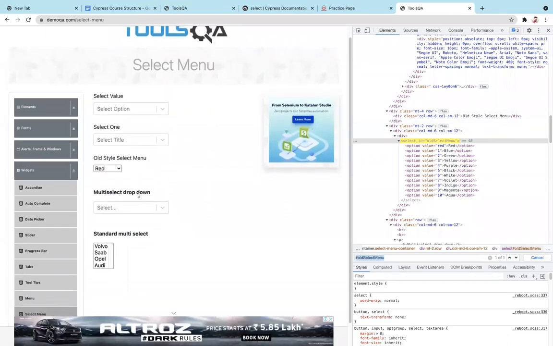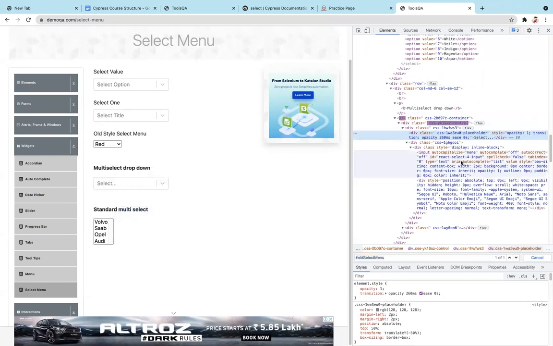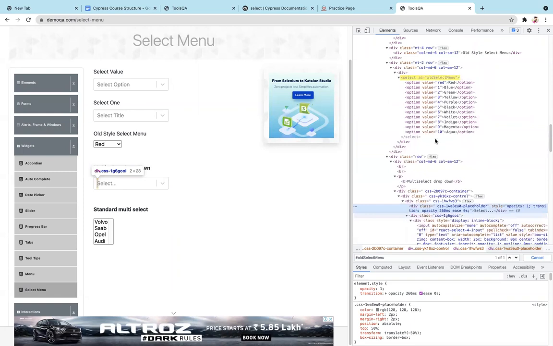Let's say I want to choose anything from here. Okay, so here we can see there is no select tag. So again there is a difference between drop downs. This old style menu has the select tag only, right?